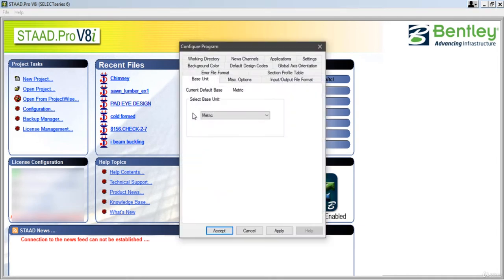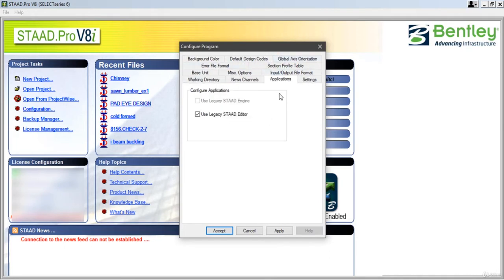One more thing that I would like to point out is the option legacy stat editor. After StatPro SS4 version, or I think SS3 version, they imported a new version of the stat editor, which is very helpful in terms of editing and inputting the data, but the new version is somewhat heavy, and on slow laptops or slow personal computers the new stat editor might lag.